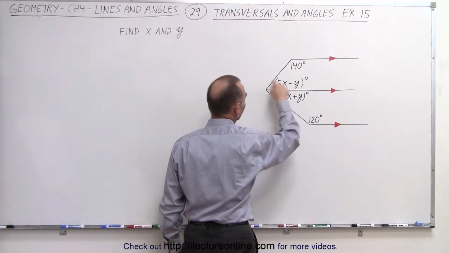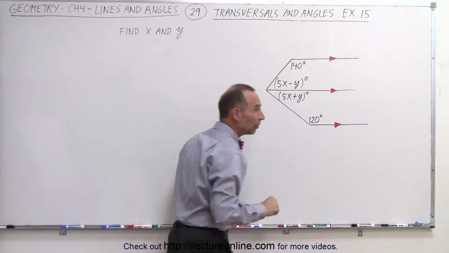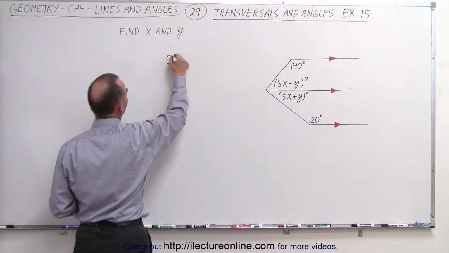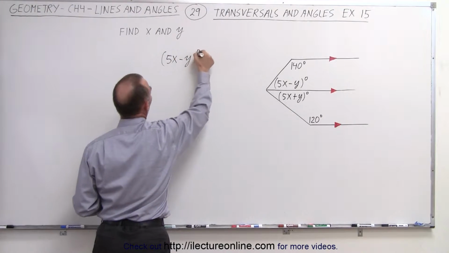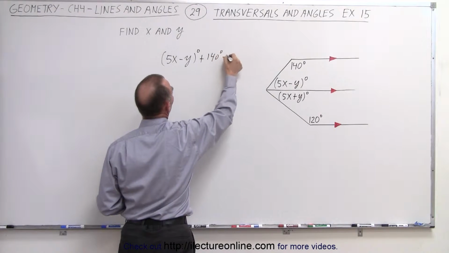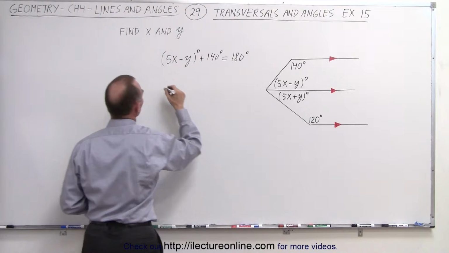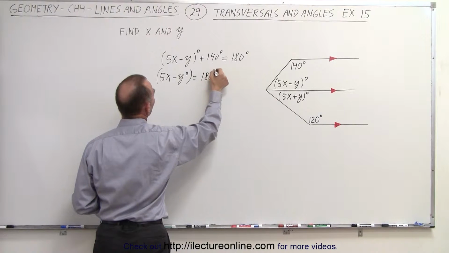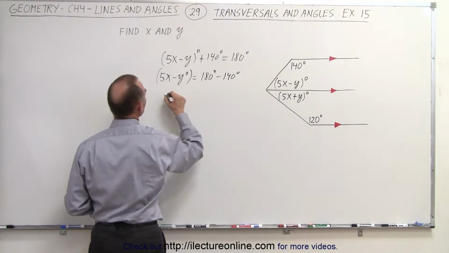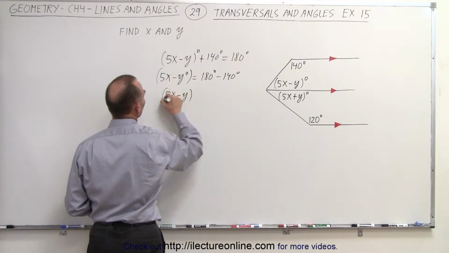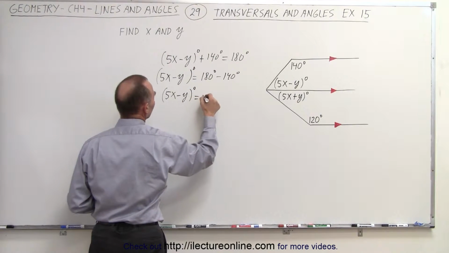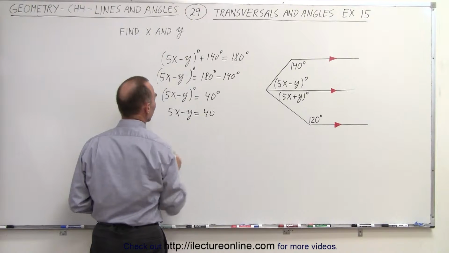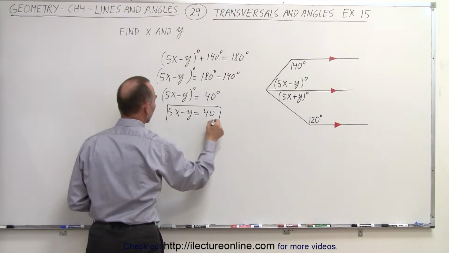If this is the transversal, then we know that these are what we call two consecutive interior angles, and they must therefore add up to 180 degrees, which means that 5x minus y degrees plus 140 degrees must add up to 180 degrees, which means that 5x minus y degrees is equal to 180 degrees minus 140 degrees, which means that 5x minus y degrees, and this degree symbol should be on the outside, is equal to 40 degrees, which means that 5x minus y must equal 40,